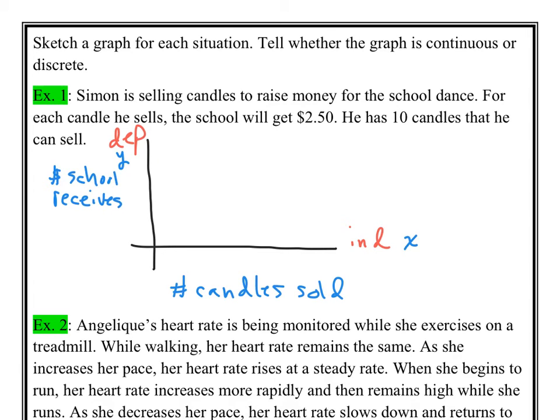So we're going to partition this graph into 10 pieces, and I'm going to label it every 5 because he only has 10 candles to sell, so I'm going to go out to 10. And I'm going to partition the y-axis up to 10 because for every one of those 10 candles, the school is going to receive money. So for the very first candle,